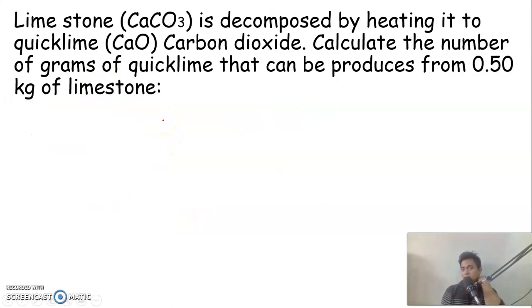Now let's continue on. So for this one, limestone is decomposed by heating it to quicklime and carbon dioxide. Calculate the number of grams of quicklime that can be produced from 0.5 kilograms of limestone. So let's try to write the equation first. So it's decomposition. So from limestone you create, it's decomposed, there's heat because there's heating. So you create quicklime, which is CaO, plus carbon dioxide,